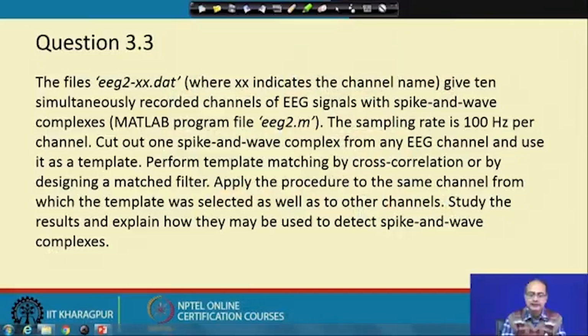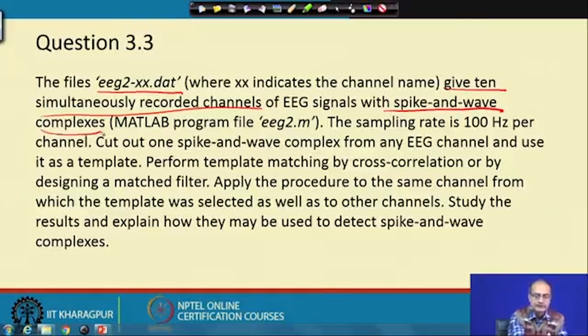Now we get to the third problem of tutorial 3. Again it is an EEG signal, and we get 10 simultaneous recordings of the EEG, and here we get spike and wave complexes. We will see how the spike and wave complex looks. Again the sampling frequency is the same as the previous one, 100 hertz, and one spike and wave complex is taken as a template,